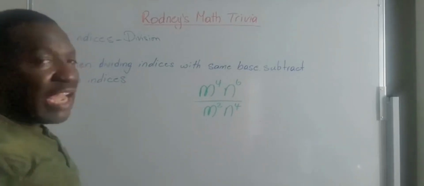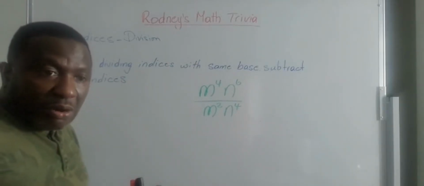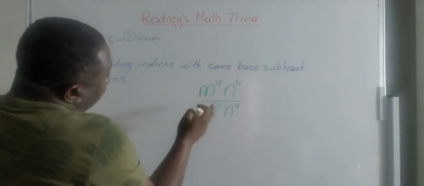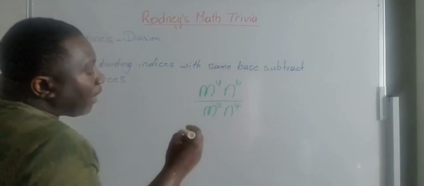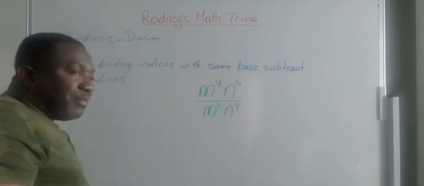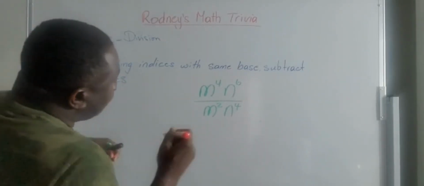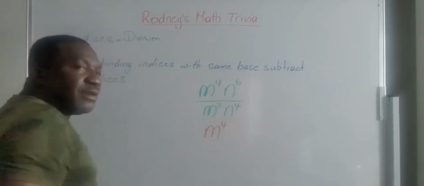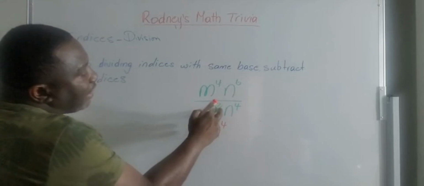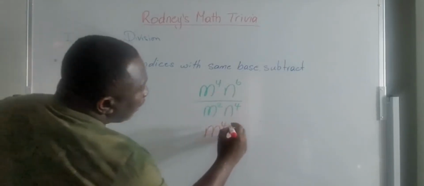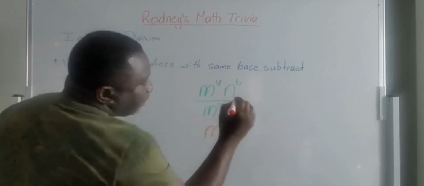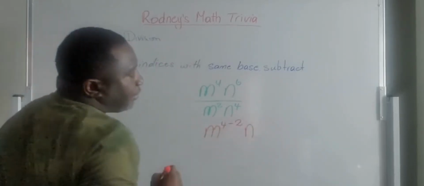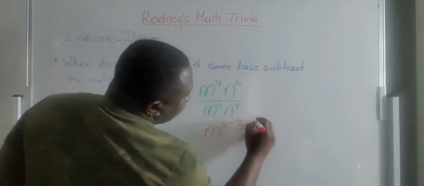We are going to first identify our bases. In this case, it's m and m. So in index form, it will be m to the fourth. We are subtracting these two, minus the second power, n to the sixth